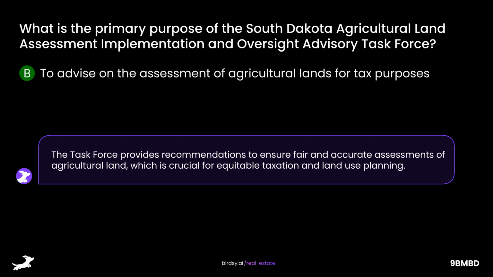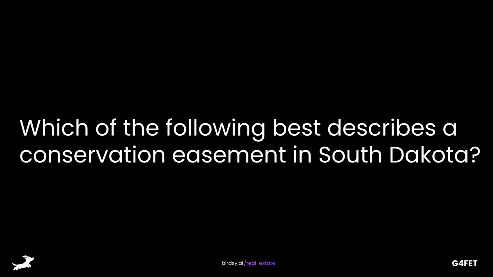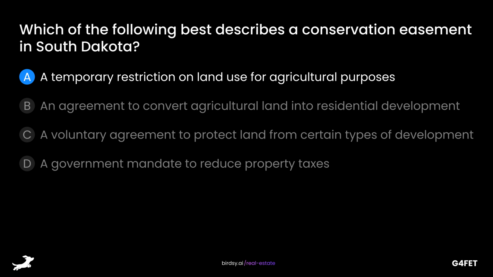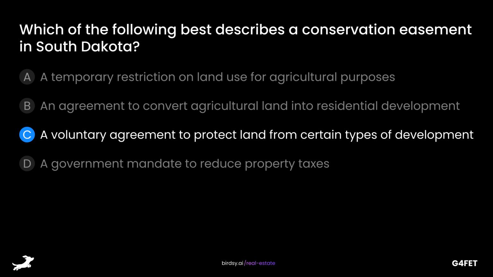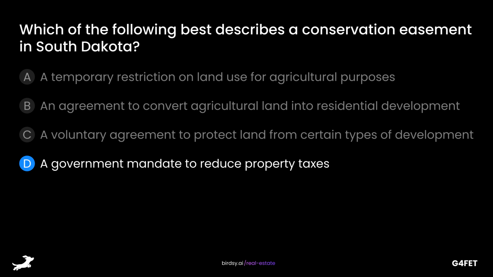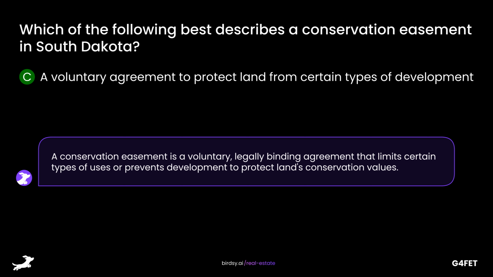and land use planning. Which of the following best describes a conservation easement in South Dakota? Is it A, a temporary restriction on land use for agricultural purposes, B, an agreement to convert agricultural land into residential development, C, a voluntary agreement to protect land from certain types of development, or D, a government mandate to reduce property taxes? The answer is C, a voluntary agreement to protect land from certain types of development. A conservation easement is a voluntary, legally binding agreement that limits certain types of uses or prevents development to protect